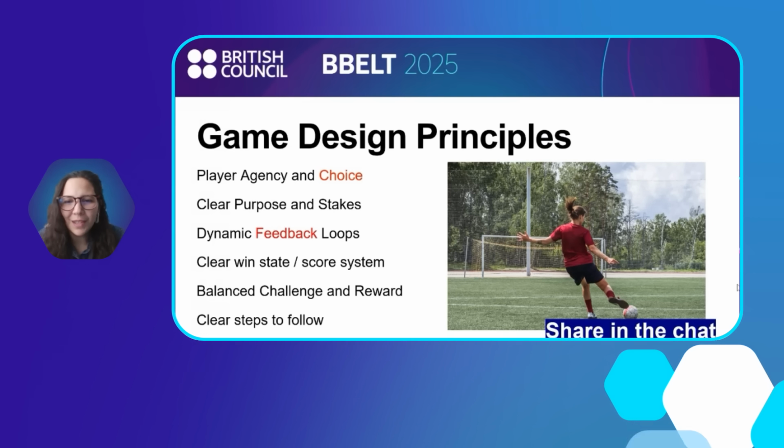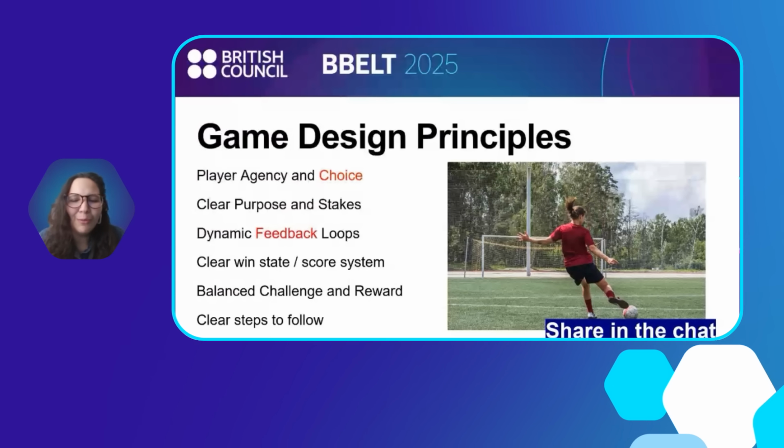What that means is that, for example, if you're playing a video game and you just defeated this huge monster, and instead of getting a reward that feels like, okay, you did something great, you just get like a tip, you feel disengaged again, and the game stops working. And also we need to have very clear steps to follow. So for example, I want you to take a look at this image here and picture it as a moment in a game. If you were this player, how would your relationship to